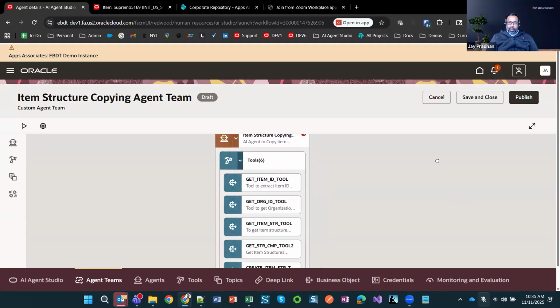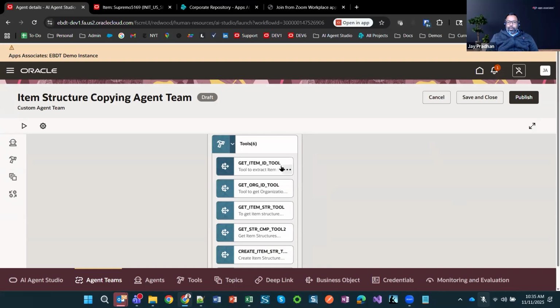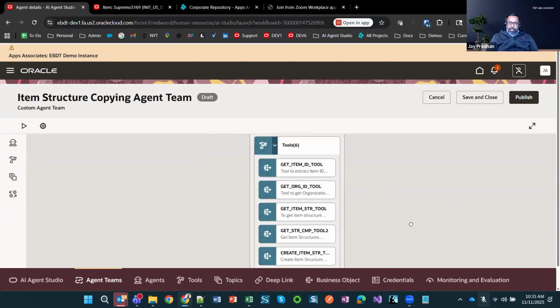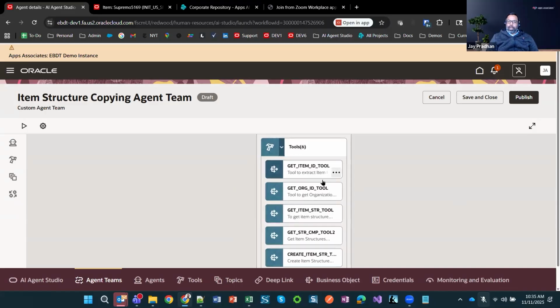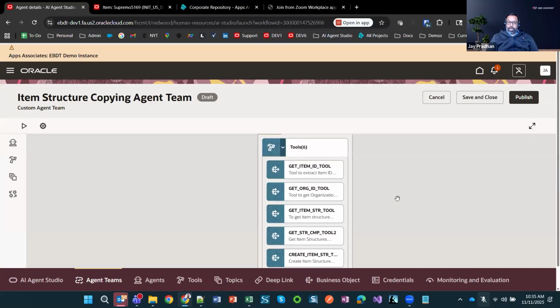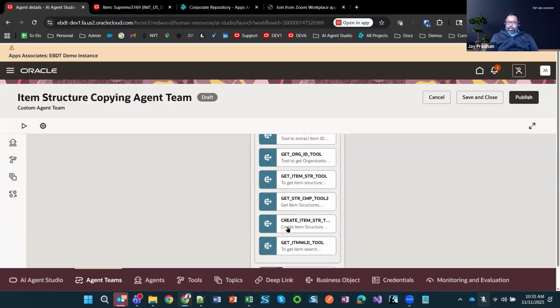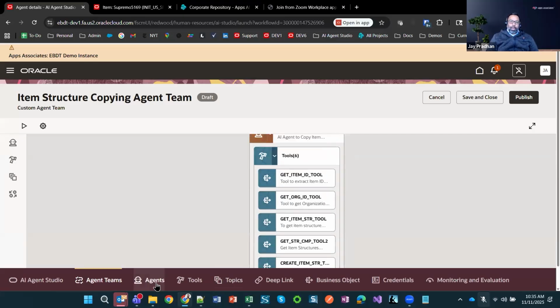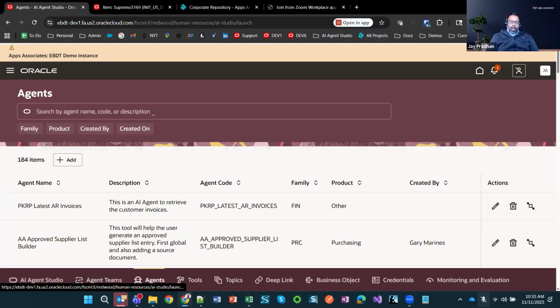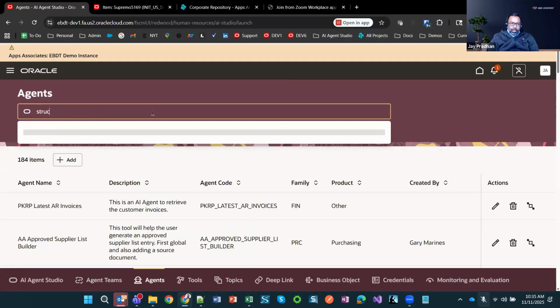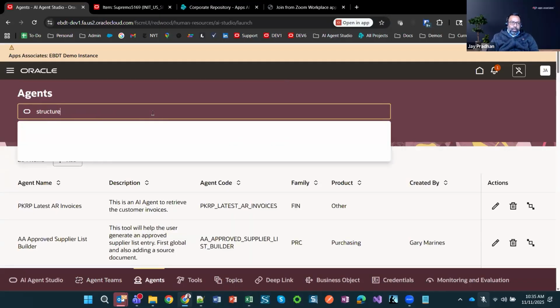So if you go here and look, I have to equip my agent with these tools to get anything done. There is a tool to get internal IDs and item structure details. And then finally, there is also a tool to actually create an item structure. All these tools are governed by the prompt. So if you go to the agent itself inside this agent team,